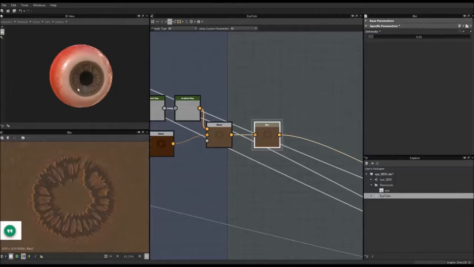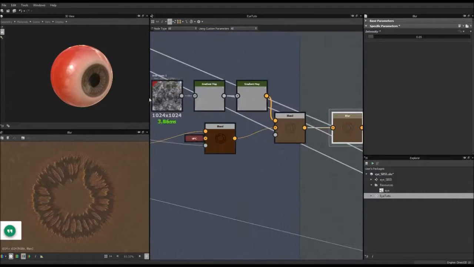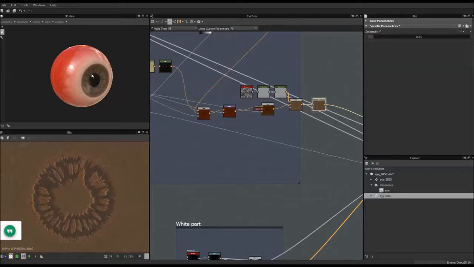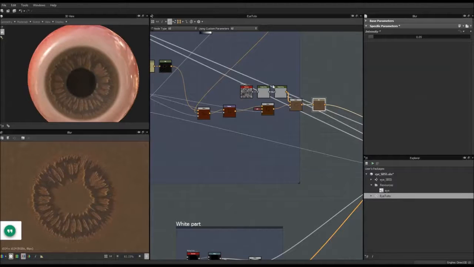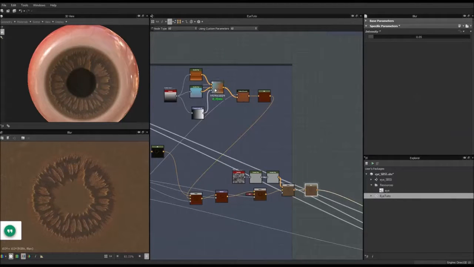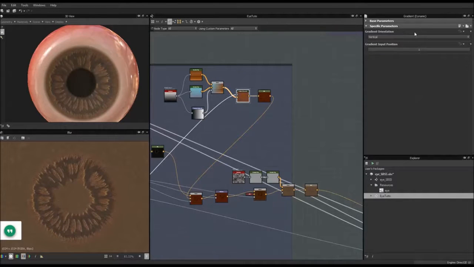Okay, so what we want to make sure also is this second layer to get some control, because for a blue eye it works well, but for a dark eye it's not that good. So right now you can play with dynamic gradient and play. You have